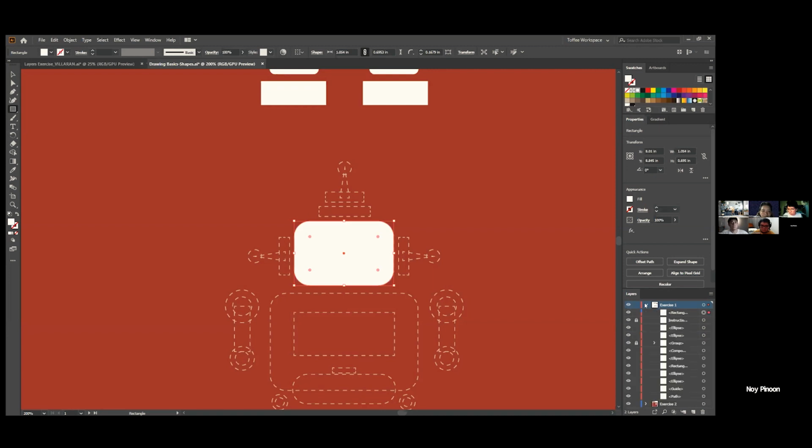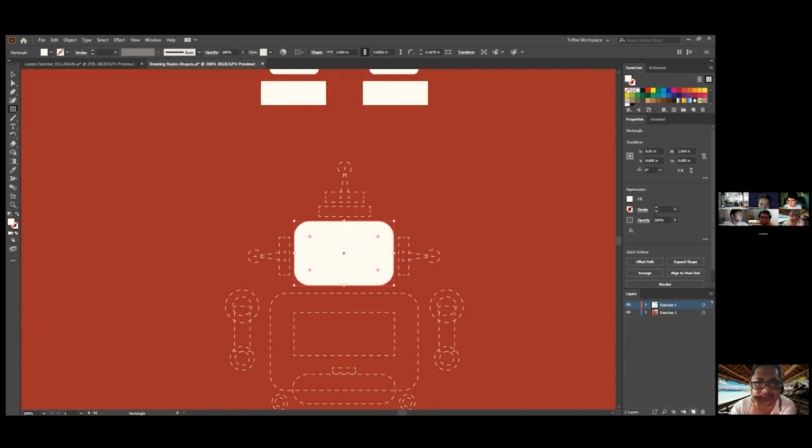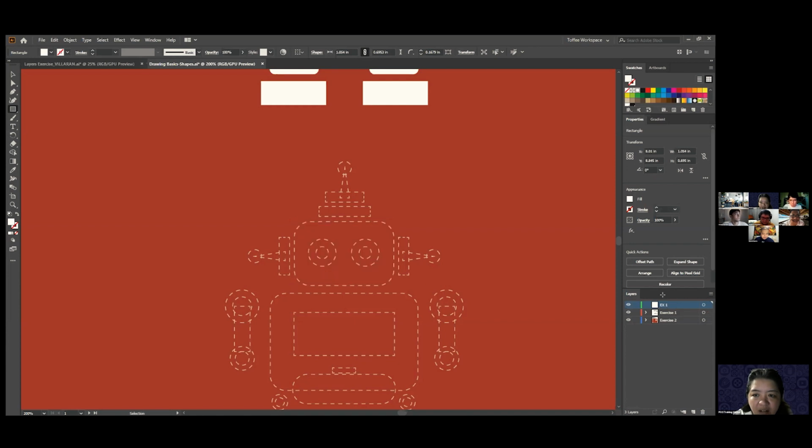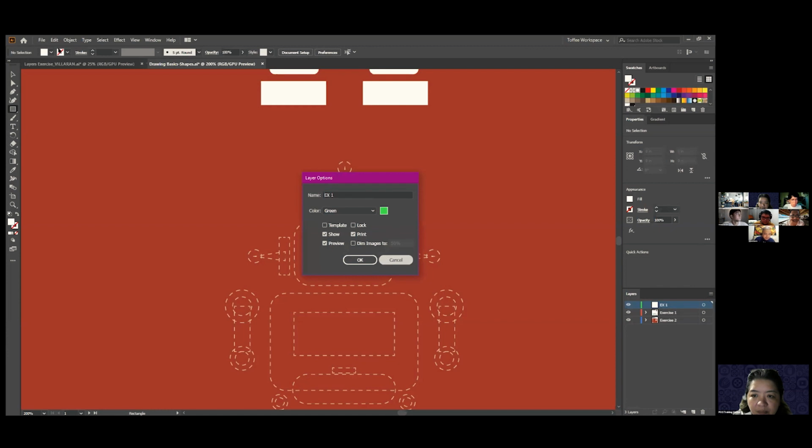Okay, good. Pag prines ko to, sinelect ko to, tapos right click. Ganito gawin mo, Noy. Kasi na-move siya, right? So, remember, kailangan mo siyang i-lock. Okay. So, what you do is,